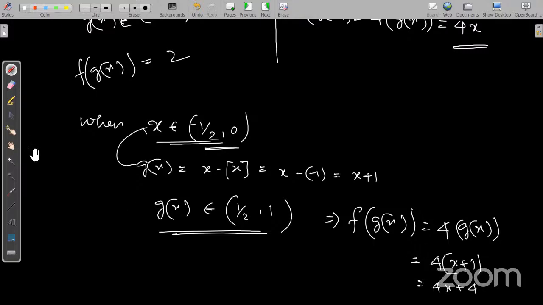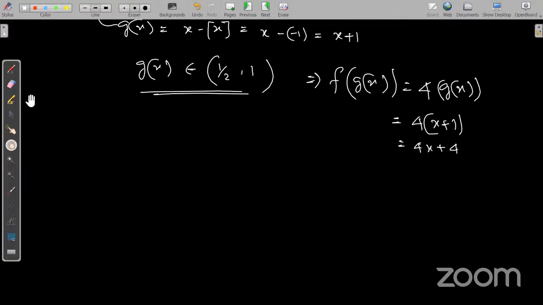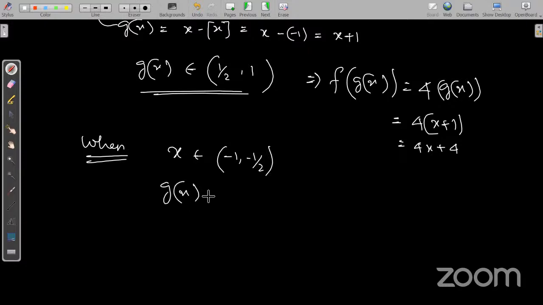4x plus 4. And in the fourth interval, it's a very lengthy question actually, when x belongs to minus 1 to minus 1/2. Okay, minus 1 to minus 1/2, in this case also g of x will be x plus 1, and if g of x is x plus 1, so g of x belongs to minus 1/2 to